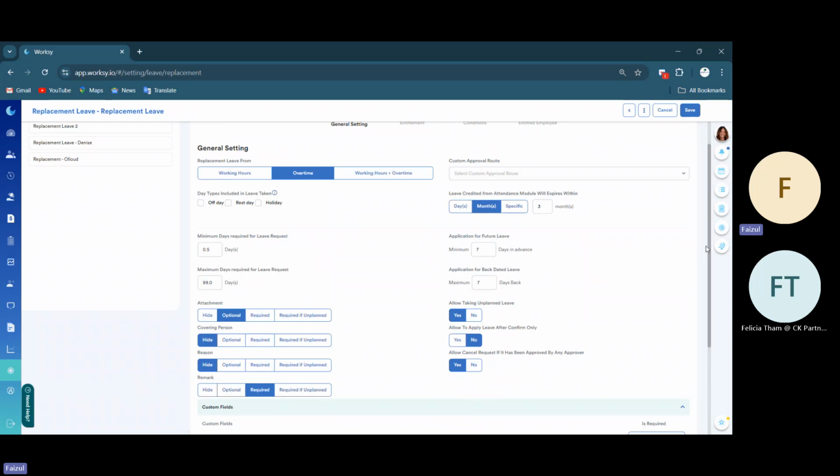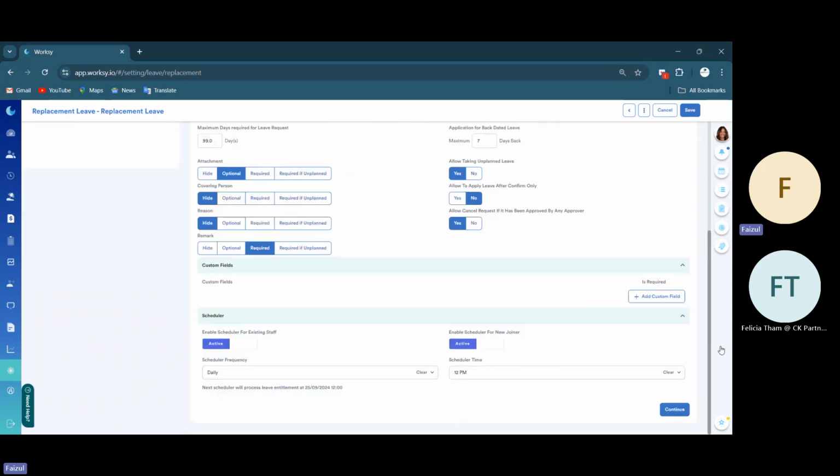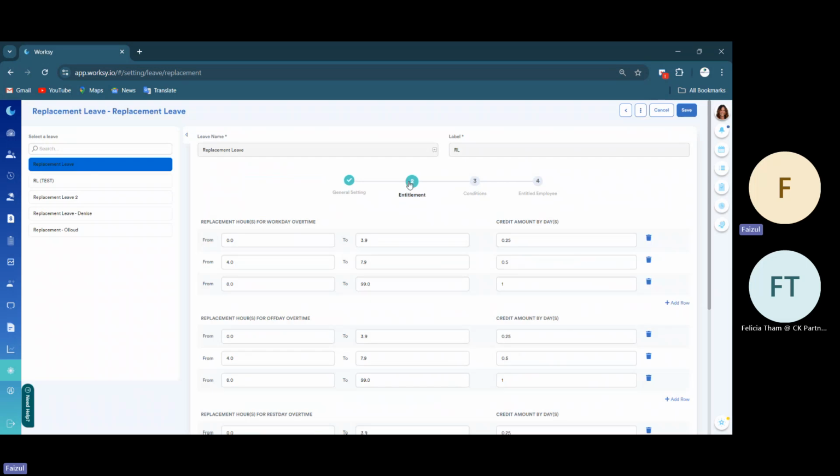Okay, so this is for the overtime setting. This one is a bit different. The entitlement here is based on your total OT hours. Something like this. So first,